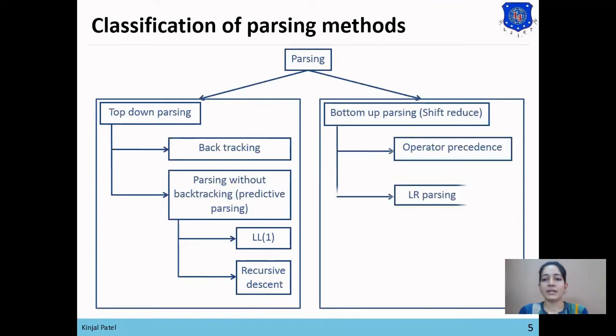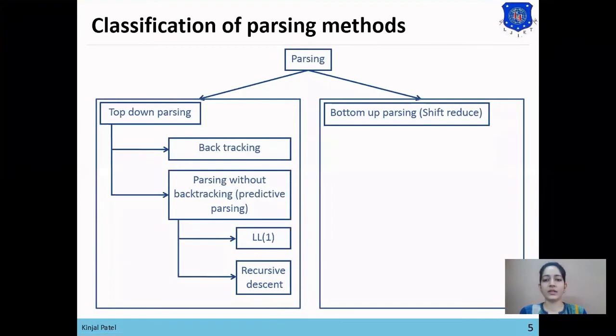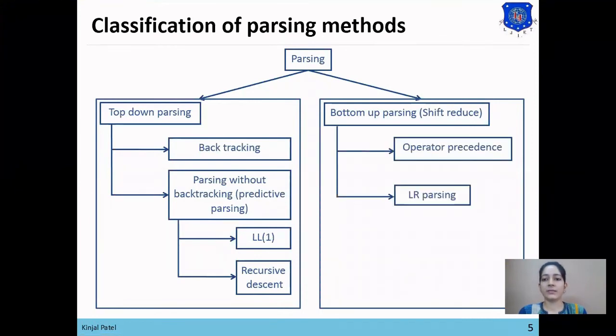Now in bottom-up parser, there are two algorithms. First one is operator precedence, second one is LR parsing.